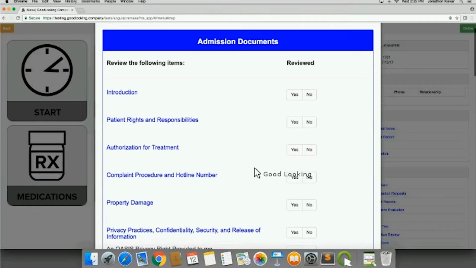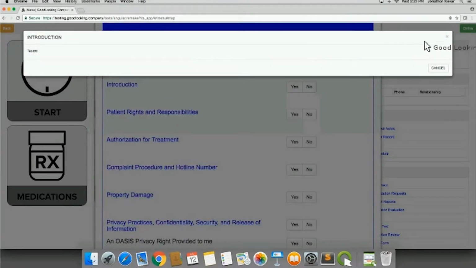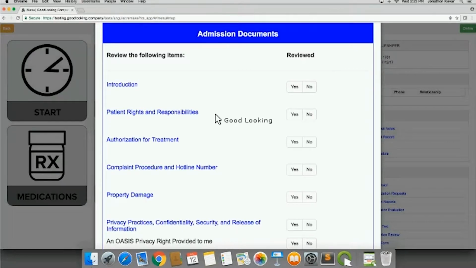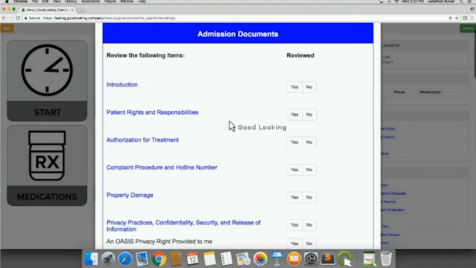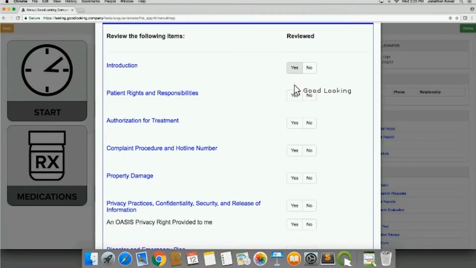One of the nice things about the new system is that you can effectively go completely electronic. Most of you are using paper-based admission documents, which means you have to get the patient to sign those and then scan them back into the software system. Well, not anymore. Now you actually have all of your admission documents built directly into the software. It comes with some standard templates, but you are able to modify each of those admission documents through the online system,